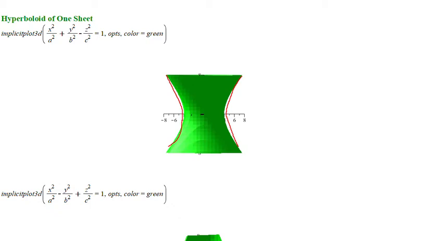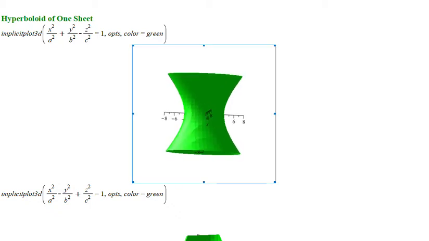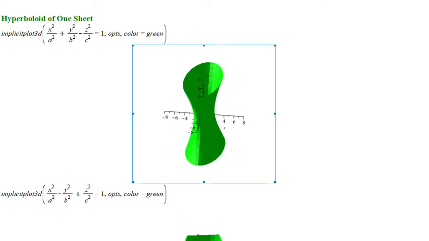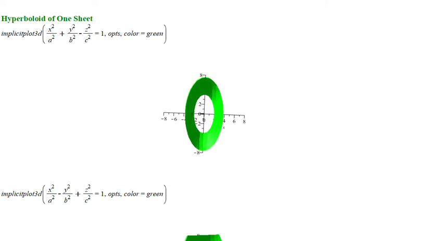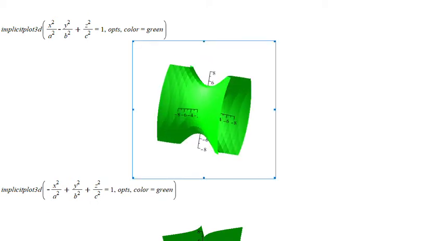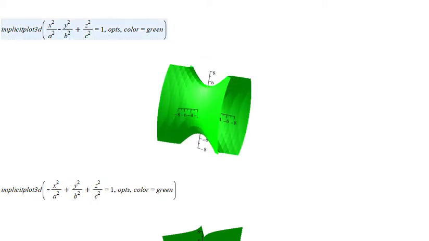Now, let me show you about the equation. If you look at the equation, you notice you've got x squared, y squared, z squared, and that's equal to 1. But notice also you have a minus in one spot. In this first example, the minus is on the z squared. If you take a look at the three-dimensional graph, I'll do some